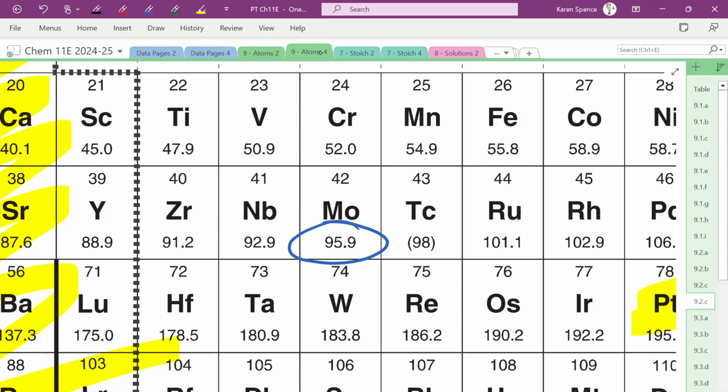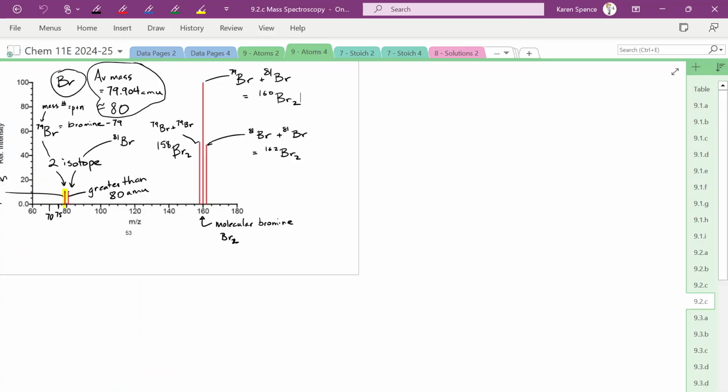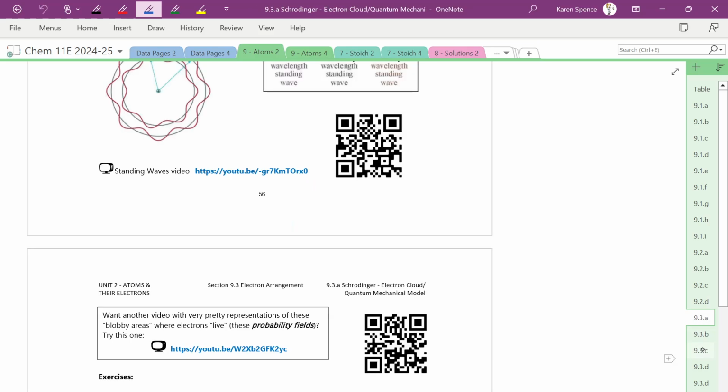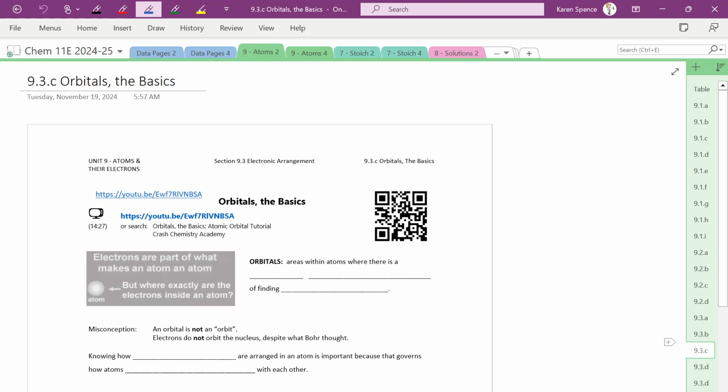Anything else from our mass spectra? We're good? Okay. In that case, we are going to move on to, I think we did this last, yes, we've done that and that. We're going to go to